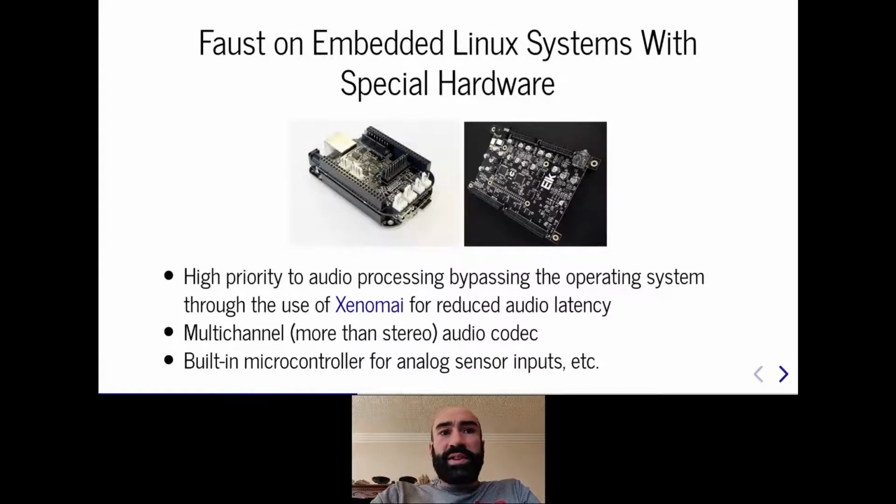A series of projects and commercial products such as the Bela and the Elk have been trying to provide dedicated Linux-based platforms for musical instrument design and real-time audio signal processing applications.